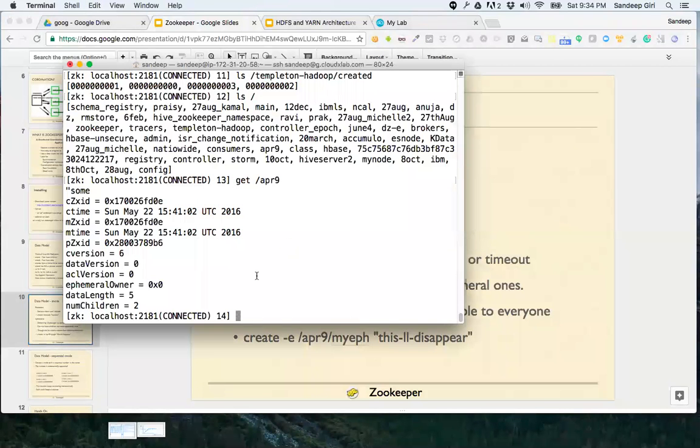So let me create one. What's the class name? This class was started on 5 November, so I'm creating 5 November.